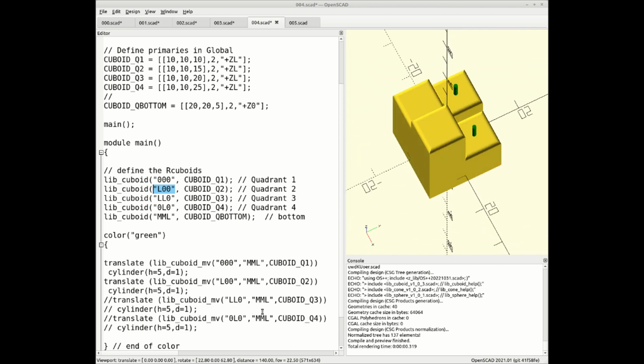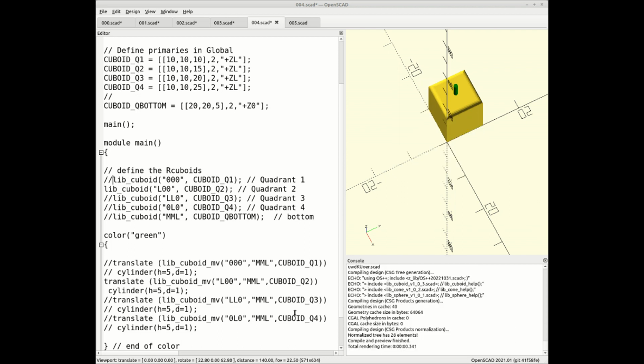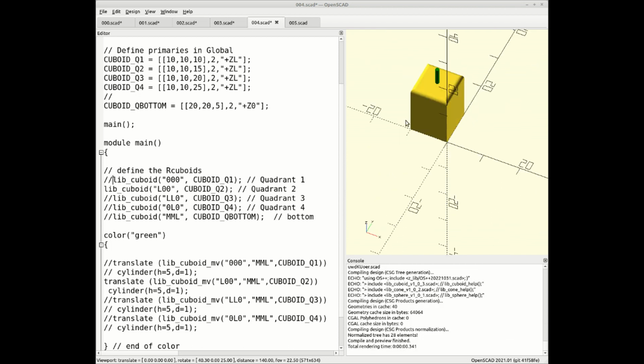Probably not explaining this quite correctly. Let's rem that out. Let's rem out everything bar. So this cuboid is being rendered with L00, so that's in quadrant 2, and this statement, which is a translate